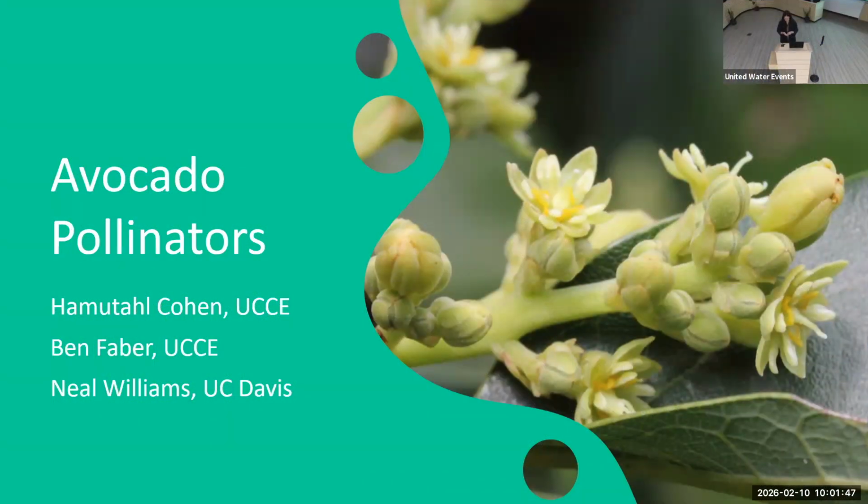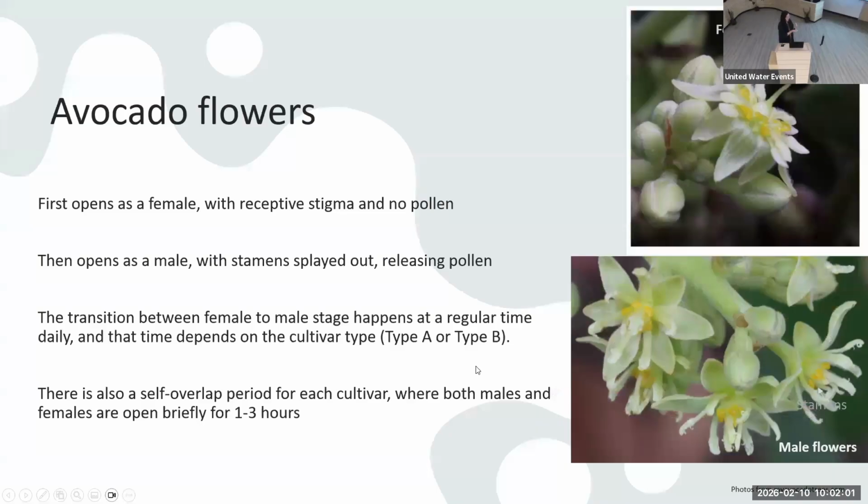Okay, so like I mentioned earlier, my name is Hamutahl Cohen. I work for UC Cooperative Extension, and I worked on pests and insect issues in Ventura County cropping systems. That last talk was a perfect transition to my talk, which is all about the pollinators and the insects that